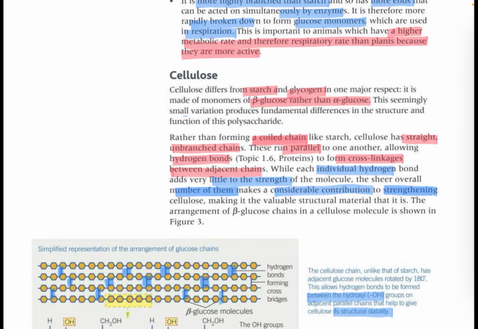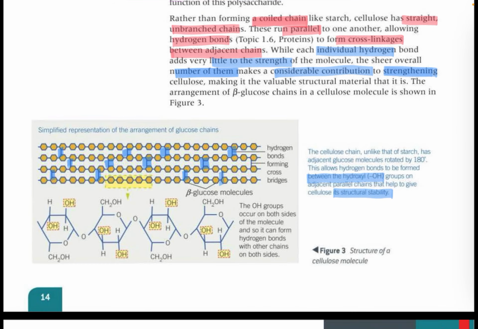Cellulose differs from starch and glycogen in one major aspect. As I have already mentioned, it is made of beta-glucose monomers. And this pretty much small variation is so fundamental and crucial. We're going to be going over it now. Rather than forming a coiled chain like starch, cellulose has a straight unbranched chain. These chains run parallel to one another, allowing hydrogen bonds to form